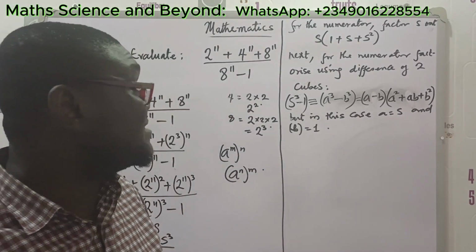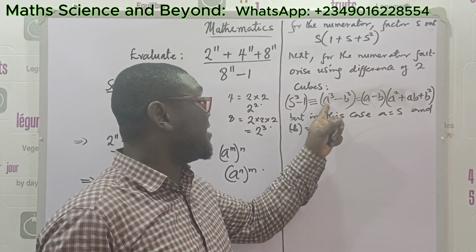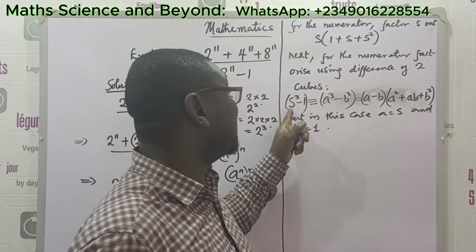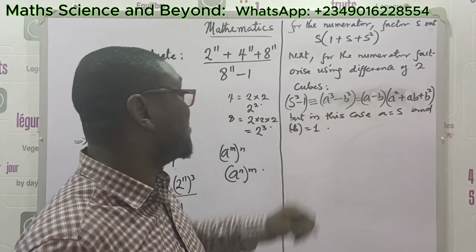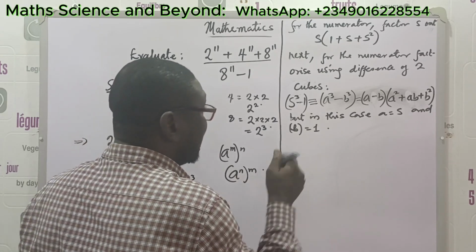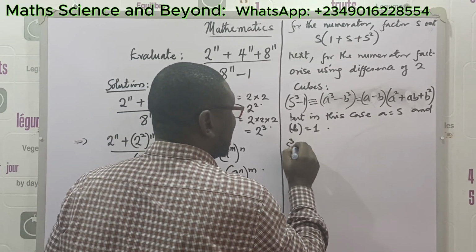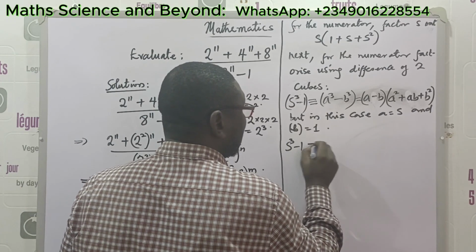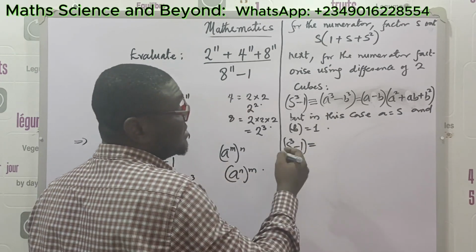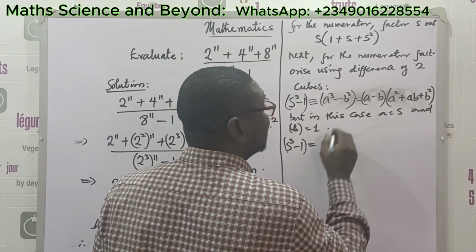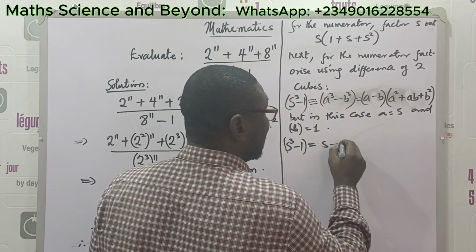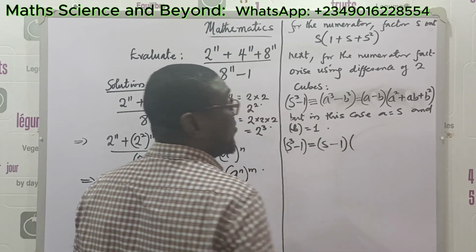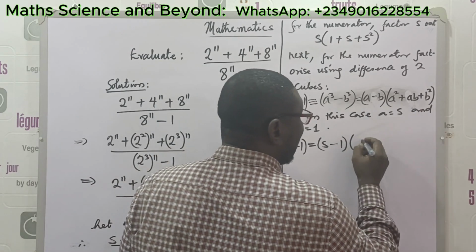So if that is the case, that means anywhere we see a here, we are going to put s. Anywhere we see b, we are going to put 1. So in that case, we'll say s cubed minus 1 is equal to s minus 1, then we open brackets, we have